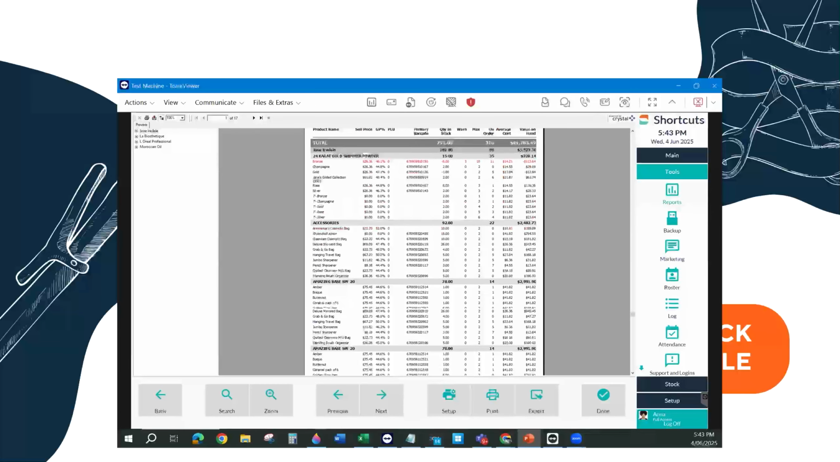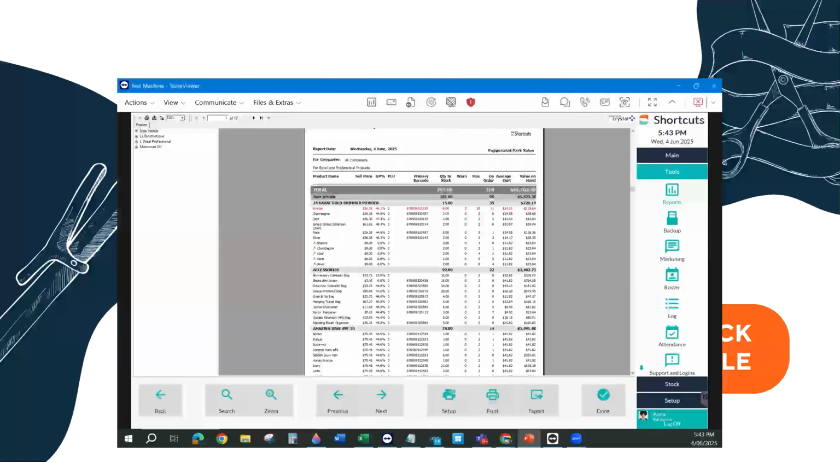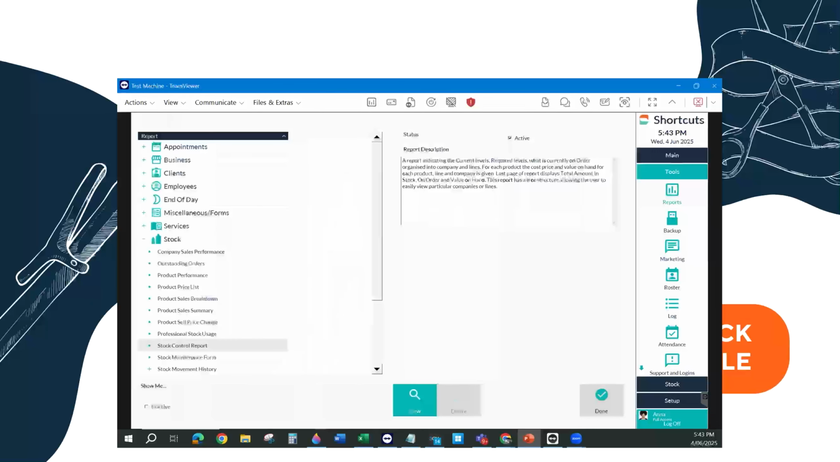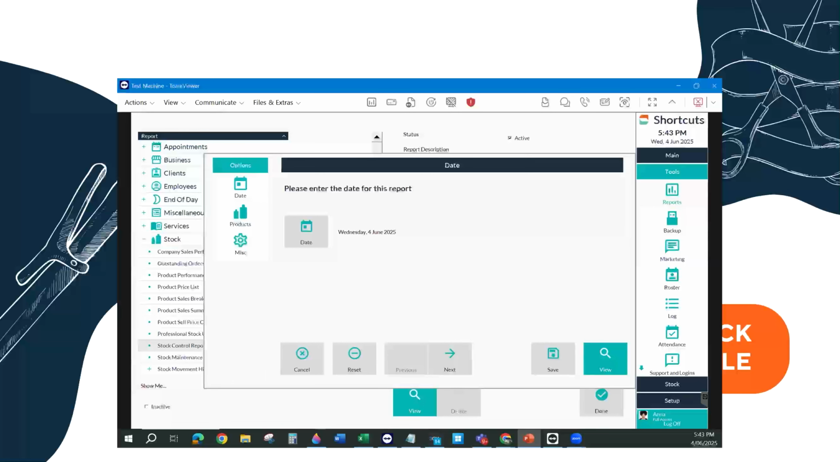Now, they can scroll down and there's many pages of this report. For us, we've got quite a few products in there, so there's 17. So this goes down as a full breakdown. When you are running this particular report, when we hit view for it to load up, you